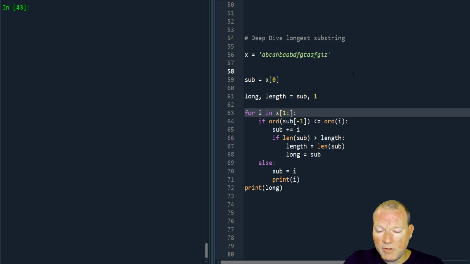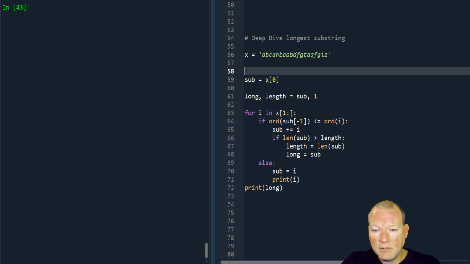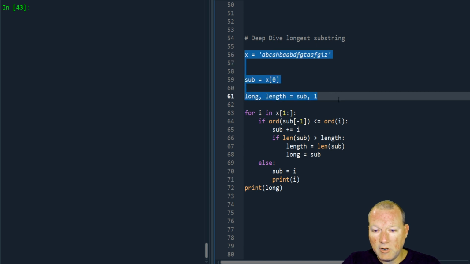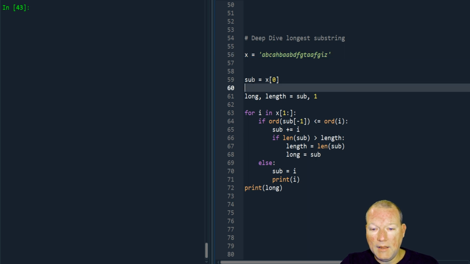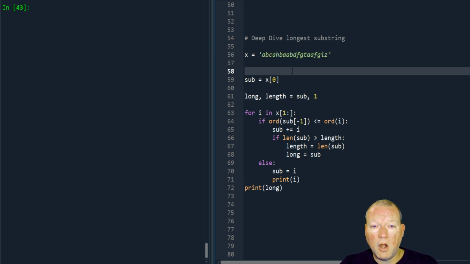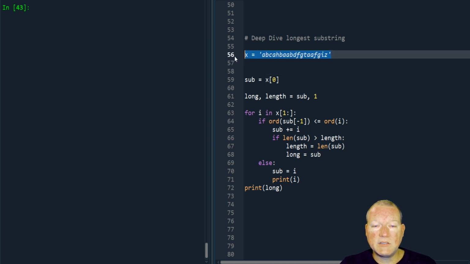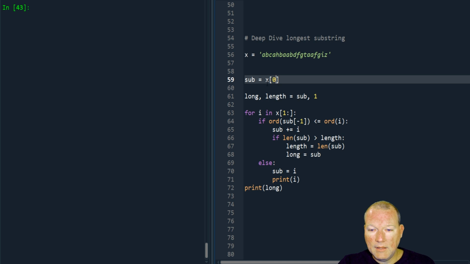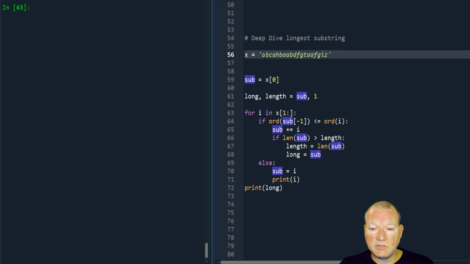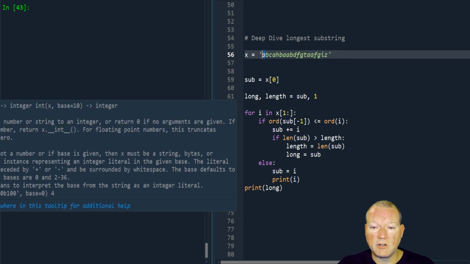So here's the main premise of this. We actually have 4 variables going on all at one time. One is going to be static, and the other 3 are going to be changing. We are constantly looking at parts of the variable x, which is a string. That's what we're iterating through right here. So what I did is I made a temporary variable, sub, and all I did was start with the first character of